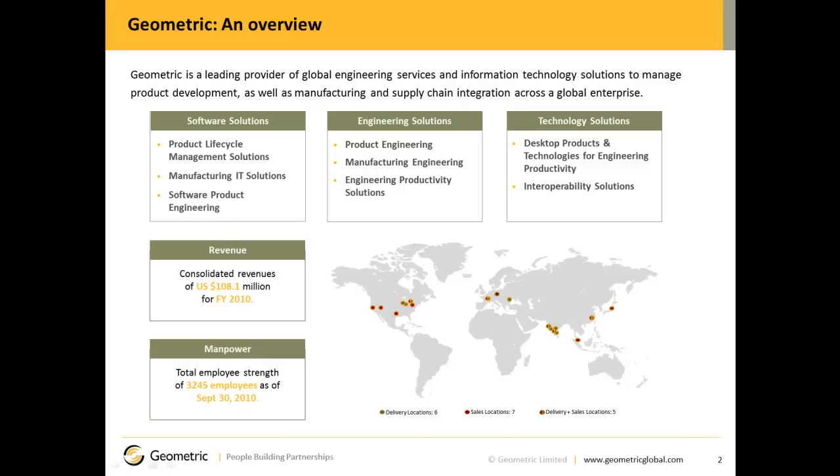We're broken up into three distinctive business units. Number one being software solutions, which is the product lifecycle management solutions, manufacturing IT solutions, and software product engineering. And then we have our engineering solutions, which is product engineering, manufacturing engineering, and engineering productive solutions. The technology solutions, which I am a part of, is desktop products and technologies for engineering productivity, interoperability solutions as